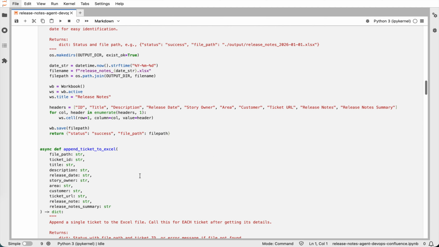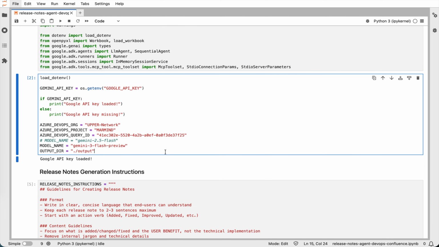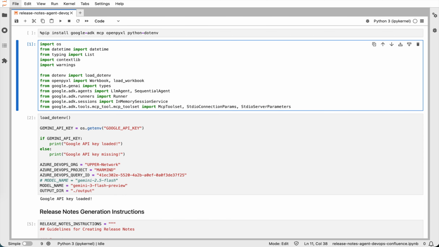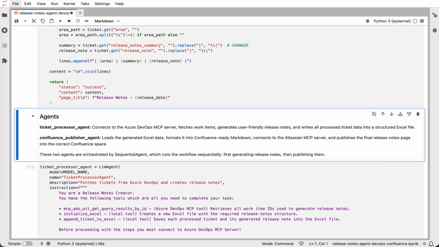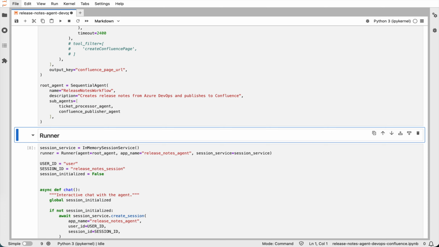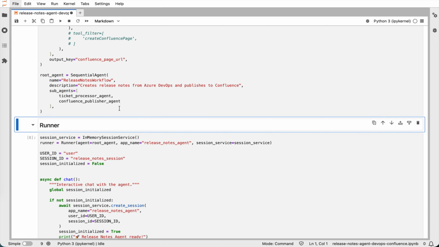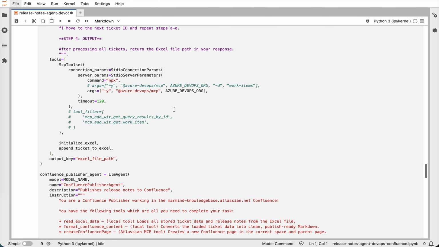But let's go back and run all of the cells so we make sure that it will run successfully. And here finally we bring everything together with the sequential agent. The sequential agent orchestrates the two sub-agents in sequence. So what is happening is that first the ticket processor agent